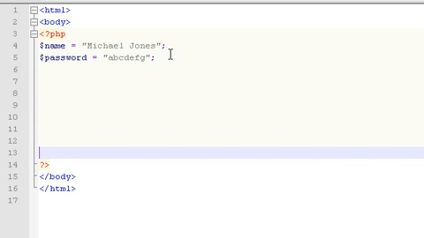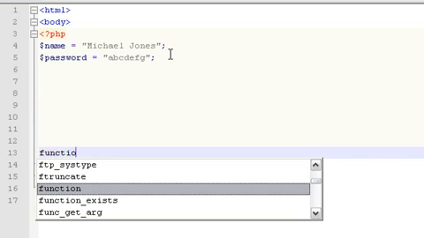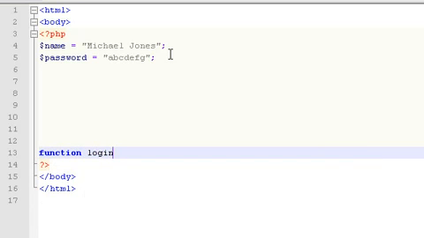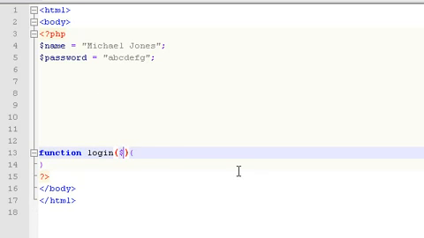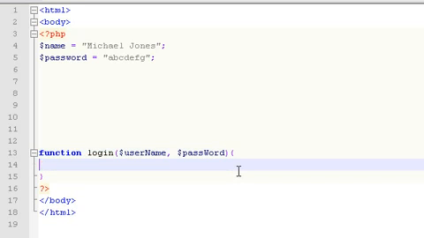Let's go down here a little bit. We'll make a function login, and we'll give it two parameters. We'll give it a username, and we'll give it a password. Okay, in this function, what we want to do is